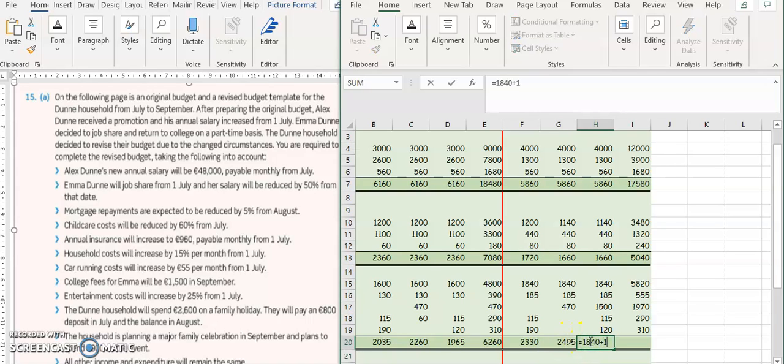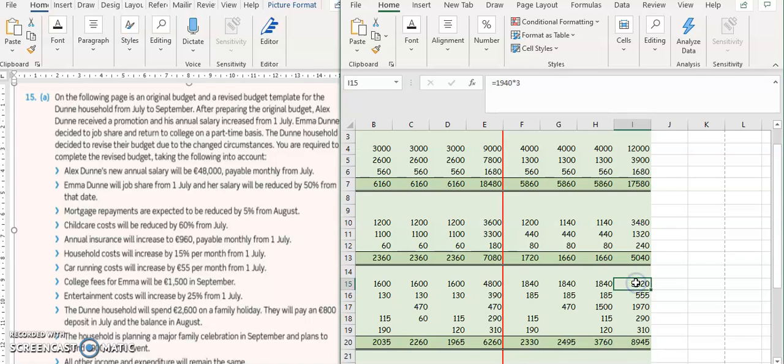Then 1,840 plus 185 plus 1,500 plus 115 plus 120. Then 5,820 plus 550 plus 1,970 plus 290 plus 310. So we get a total of